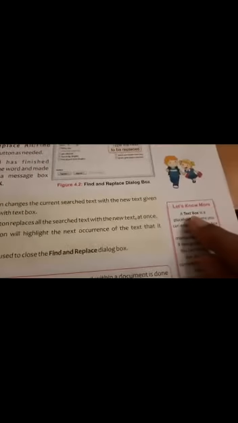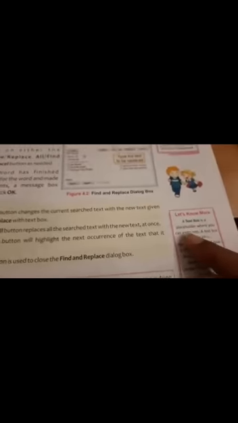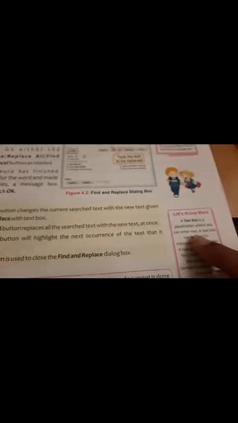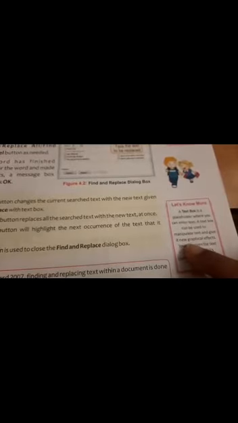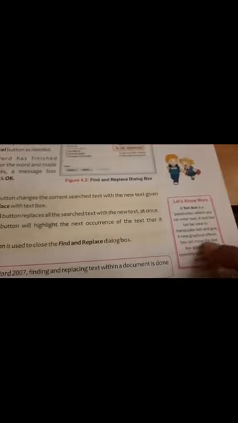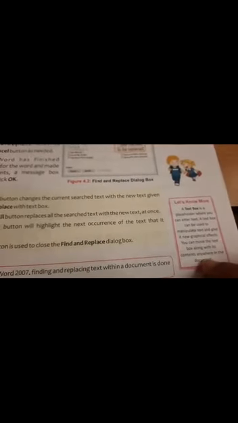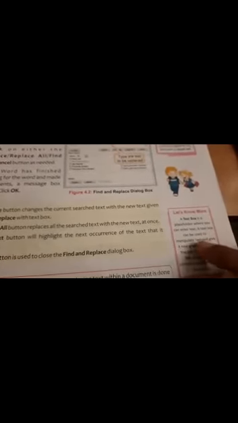Third is text box. What is a text box? It is a placeholder where you can enter text. A text box can be used to manipulate text and give it new graphical effects. You can move the text box along with its contents anywhere in the document. This text box I will be teaching you when we will be doing word art or clip art. For now, you just remember that it is a placeholder where you can enter your text.